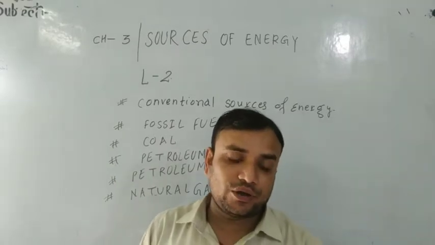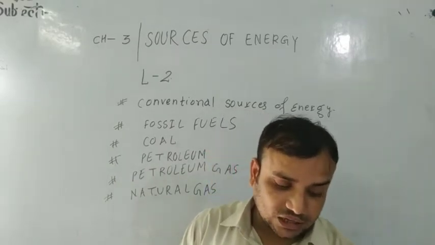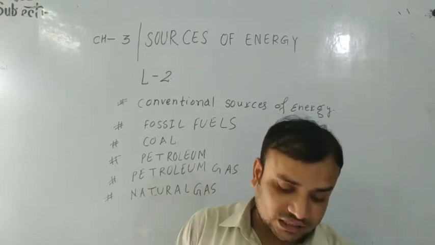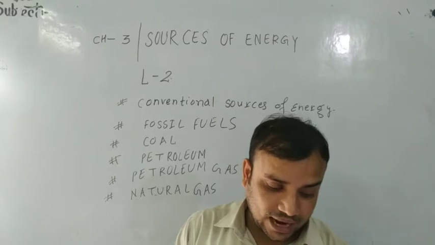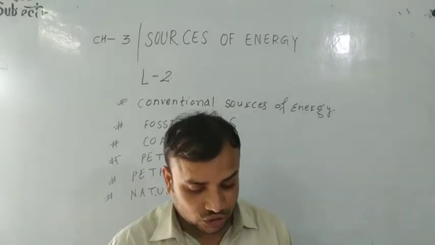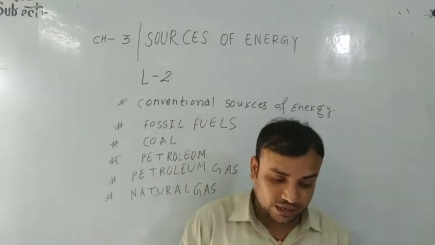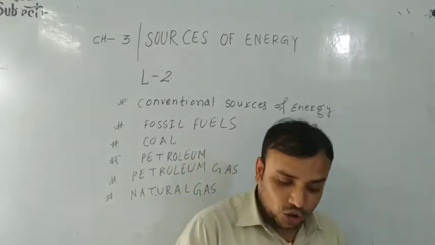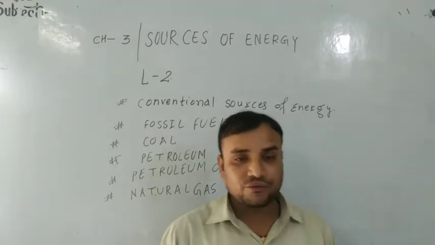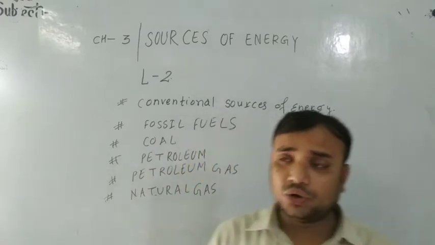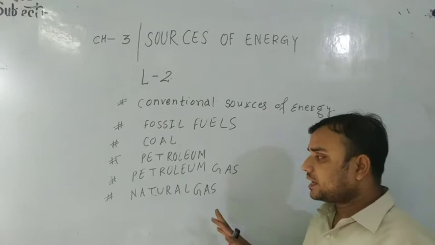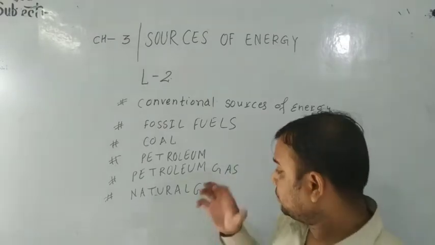The energy of flowing water and that of wind is now used to generate electricity. So the energy of flowing water and of wind is now considered to be non-conventional sources of energy or alternative sources of energy. We will discuss the most commonly used conventional sources of energy, the fossil fuels. They include coal, petroleum gas and natural gas.